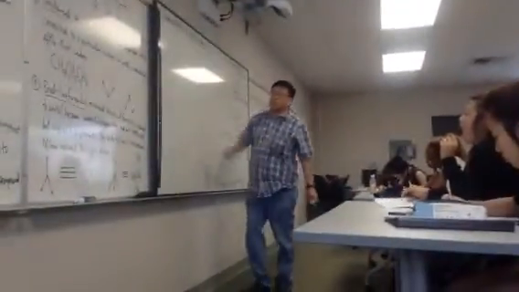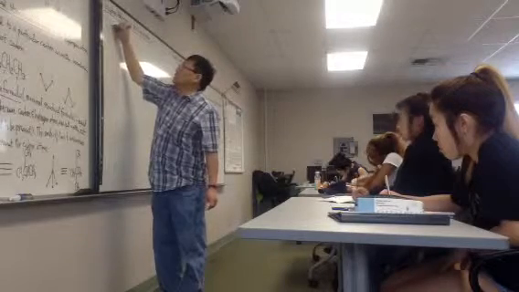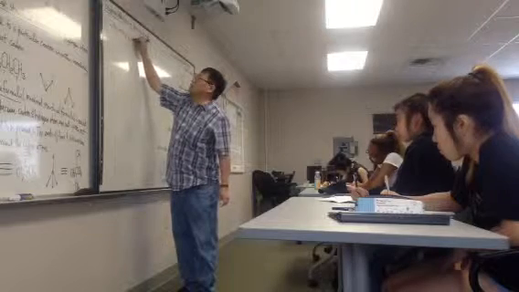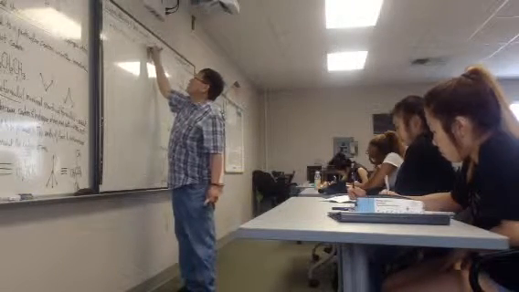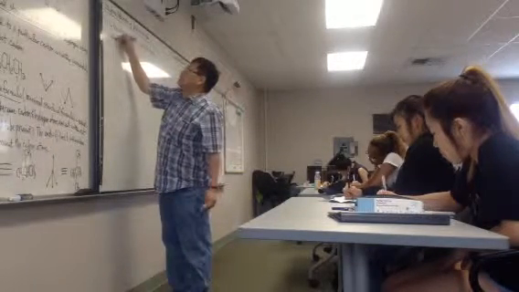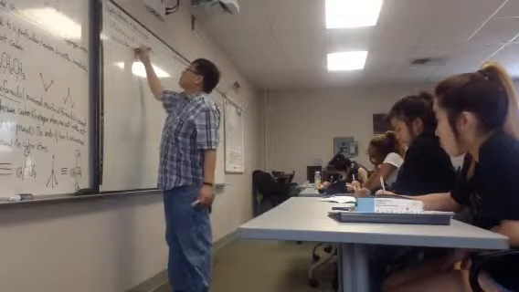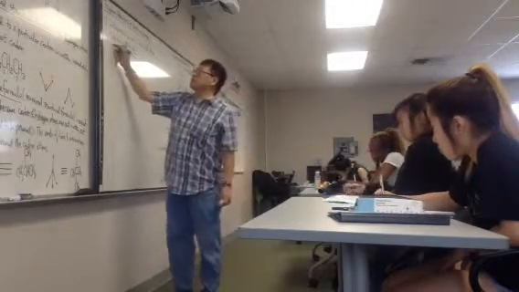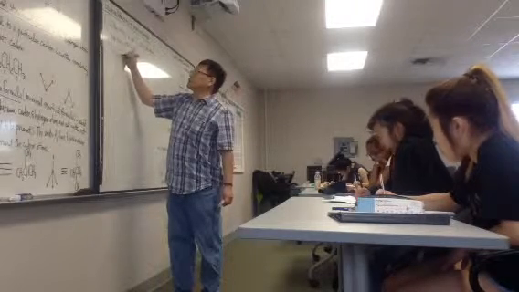There are three things that we need to know in the bond line formula. The first one: if the atom is not carbon or hydrogen, that atom needs to be written out. Okay, for example, this one in the olden days, in the 18th century, or even during the Civil War, they